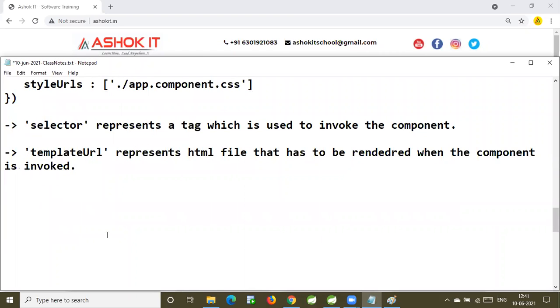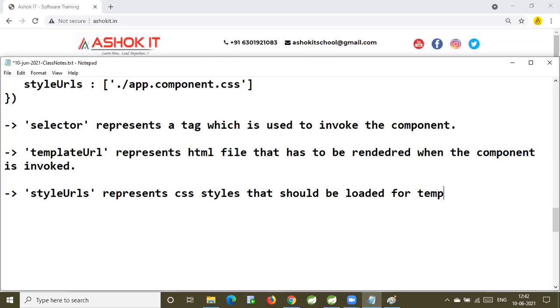Next one, styleUrls represents a list of styles that have to be loaded for the component template. StyleUrls represents CSS styles, cascading styles, that should be loaded for the template.